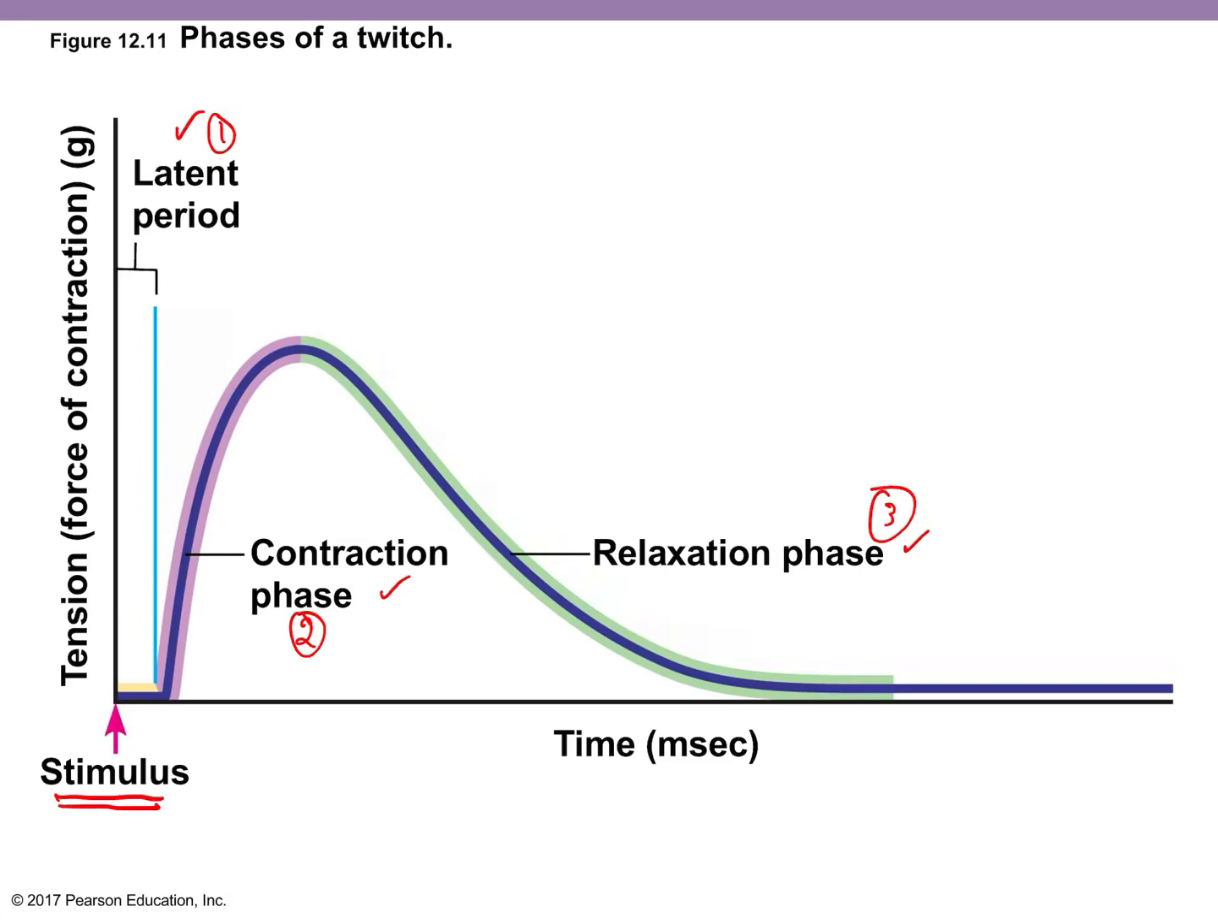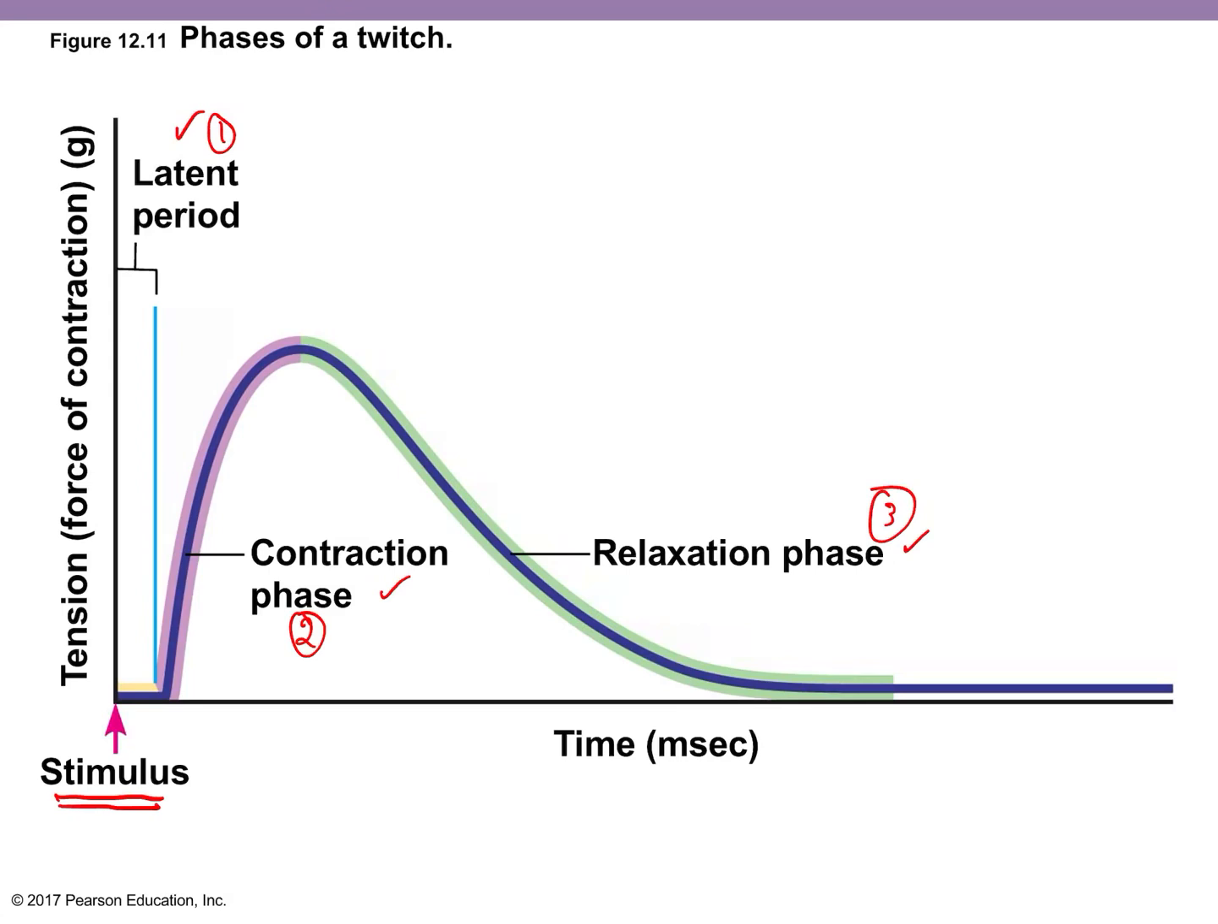And it has to bind to the troponin, and the tropomyosin needs to move out of the way, and the myosin heads need to attach, and then you can get contraction. So that just takes a little bit of time. The contraction phase is we have crossbridge cycling, right? We have the power strokes. As long as there's calcium and as long as there's ATP in the environment, we can have the myosin head